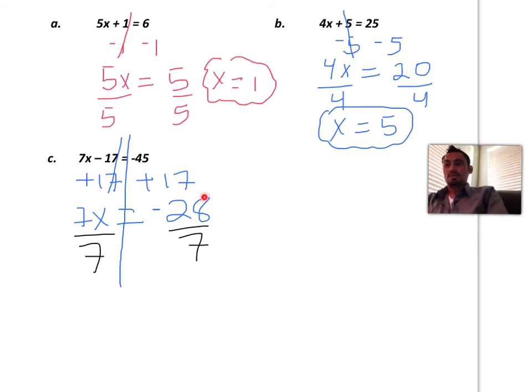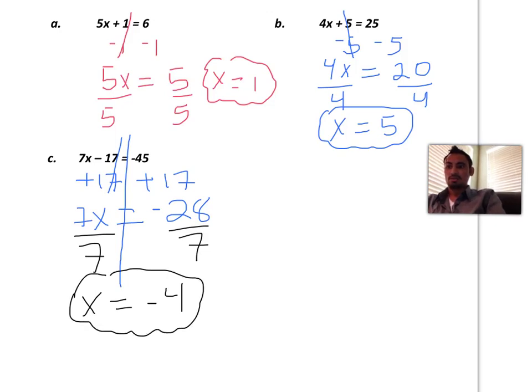Now this one here is negative, this one is positive. When you have opposite signs, you always keep the negative sign in front of one of the numbers. This is negative divided by positive, so that means our answer is going to be negative or positive. What do you think? It should be, yes, it should be negative. So x is going to equal, 7 goes into 28 4 times, so that's 4, but this is negative, so this is going to be negative 4, and that's our solution. Okay,